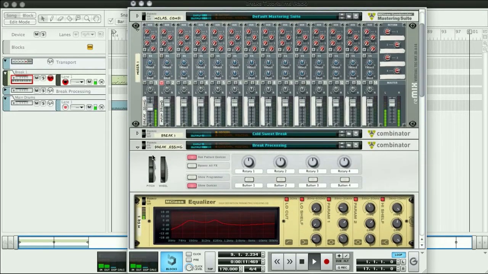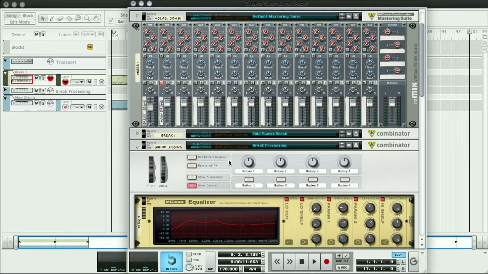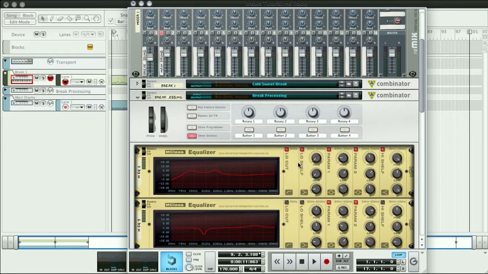Anyway, I'm just gonna show you guys a little bit of what I did. I don't really like Reason's M-Class equalizer that much, but it's the only good equalizer in the program. The main reason why I don't like it is because you only have two bell curves, and that's kind of annoying. But basically in this first one,